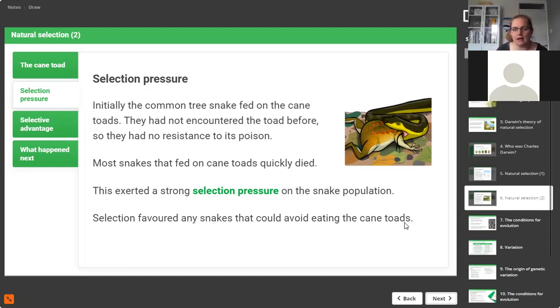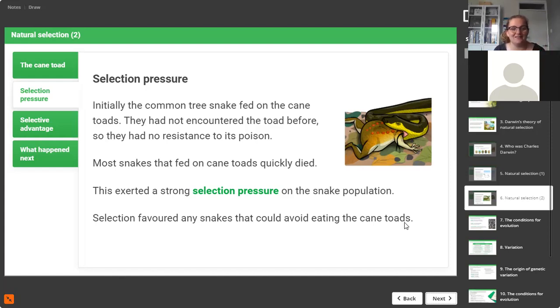The snake population was dying out because of these cane toads. Selection favoured any snakes that could avoid eating the cane toads. Now, snakes aren't going to go around with this lucid thought process going, oh, I'm going to eat a cane toad, I'm not going to eat a cane toad. It's used to eating frogs, sees frogs, going to eat it. Cane toads, the